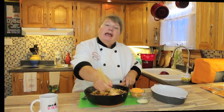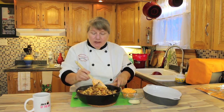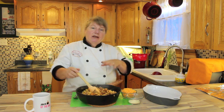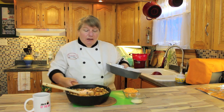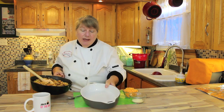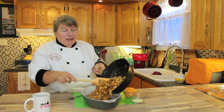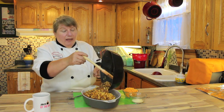Now I usually like adding in green peppers, red peppers. Sometimes I put mushrooms in my goulash. But today I'm just making a basic. I'm going to make it a budget friendly meal, which of course, if I add in all those extra ingredients, that's extra costs. So what we're going to do now is toss this into my casserole dish,